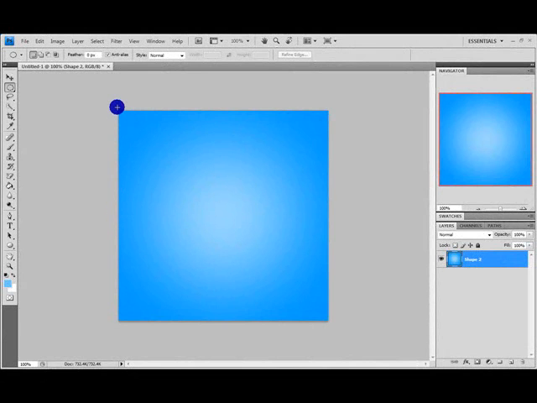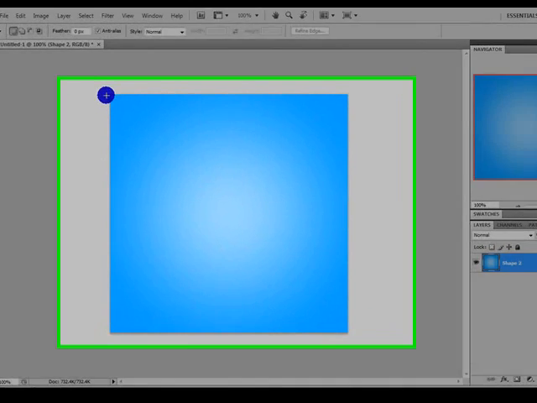This is going to be my first Photoshop CS4 tutorial, and today I'm going to be showing you how to make this effect right here. This color fade type effect as it fades from a darker color into a lighter color. You can do this with any color. You can have purple fade into pink, red to orange to yellow. You can have as many colors as you want in there, and you can have it fade from light to dark, dark to light. It doesn't really matter. But I'm just going to be showing you how to do this basic